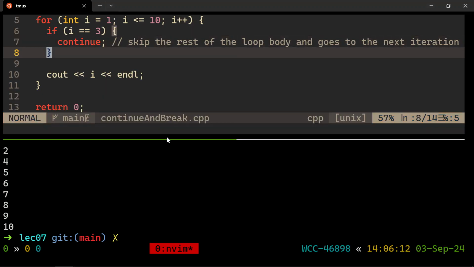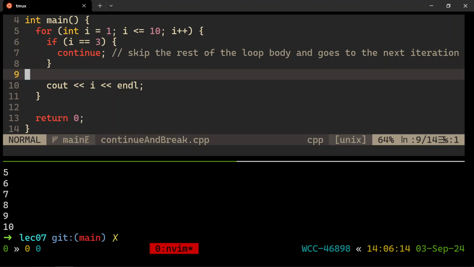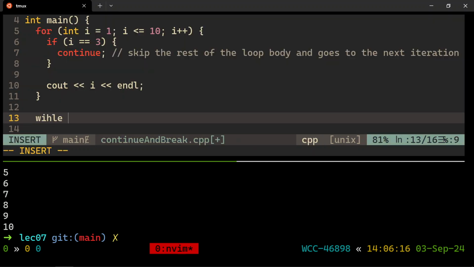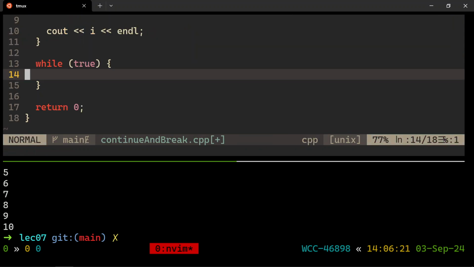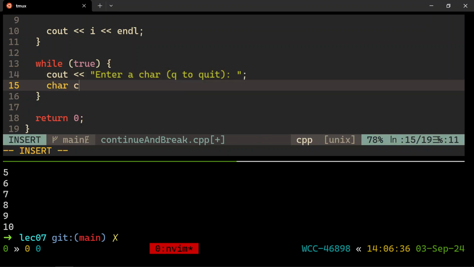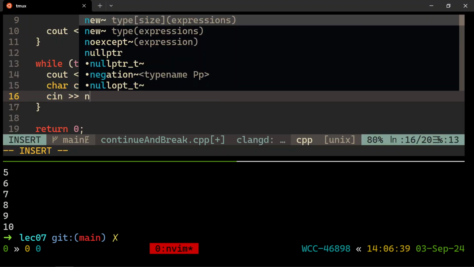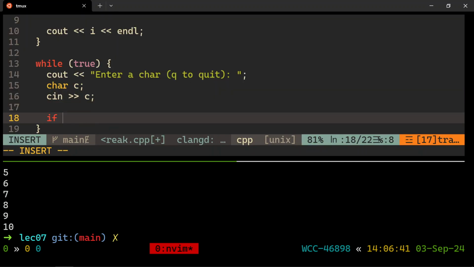So let's make a program that asks the user for some characters forever, while true. Watch this. While true. This is normally an infinite loop, isn't it? So go for as long as humanly possible until I break out of you. Okay? That's the beauty. So cout and ask the user to enter a character, or Q will be the special character, meaning we want to quit out of this and stop our loop. Right? Stop giving me a chance to type characters. So I'll make space for the character the user types, get it with cin, and if that character the user just typed for me was the Q character, single quotes, remember.